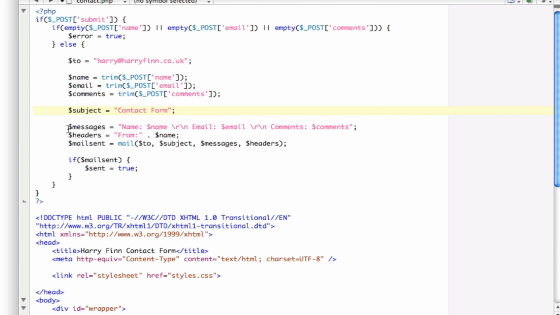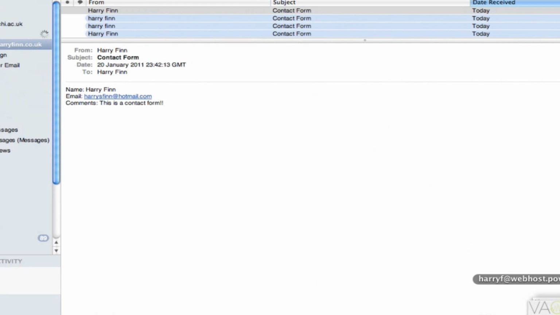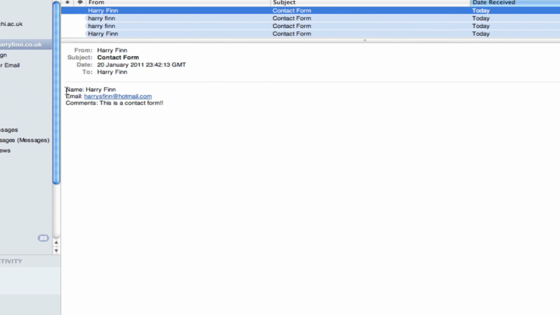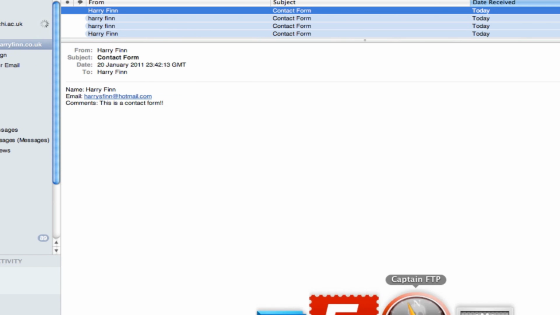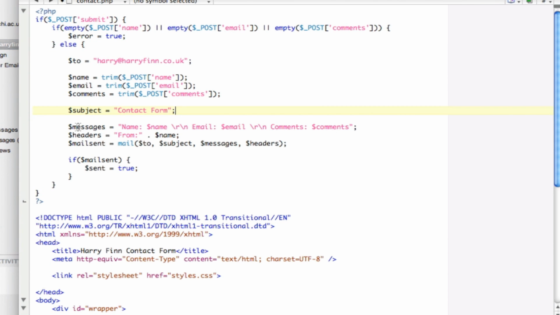And then what I'm doing is I'm defining messages, okay, because actually in my email, like I showed you, if I go down here, in my email I have it displaying on the page the name that was submitted, the email, and then the comments. So I have a variable called messages, and inside that it is echoing out, or printing out, or displaying, name, and then whatever the name value is, dropping a row down a new line, email, row down new line, comments, and then we've got headers,